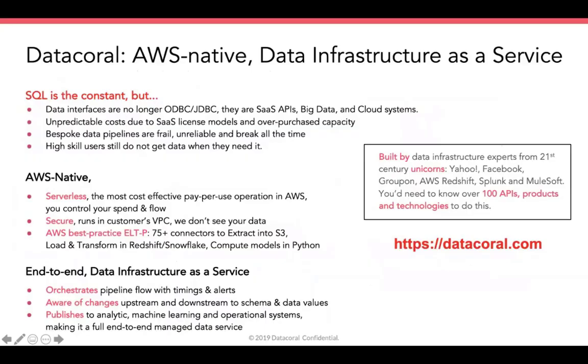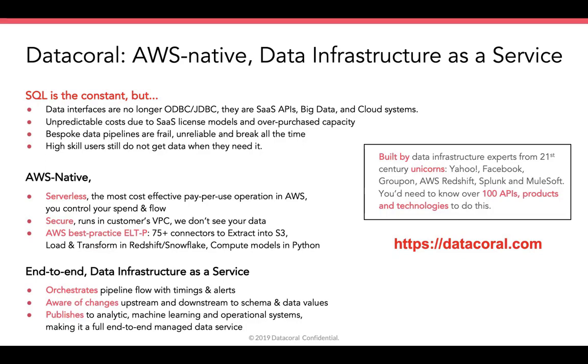Correct. To summarize what we've really gone through, and apologies for not organizing this in the top 5 list, but you'll recognize it very quickly, what we've done here is this AWS native data infrastructure as a service. We're using SQL as the constant and as the data programming language that somebody is using to operate the pipeline and work within the pipeline, even though the data interfaces are no longer super SQL based like the ODBC and JDBC world that we grew up in.